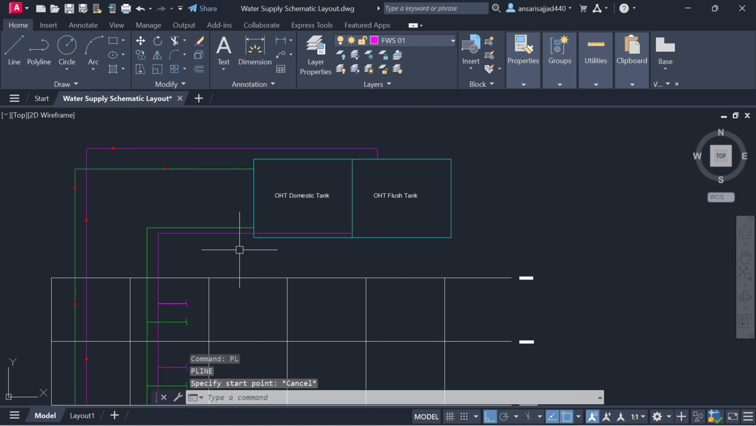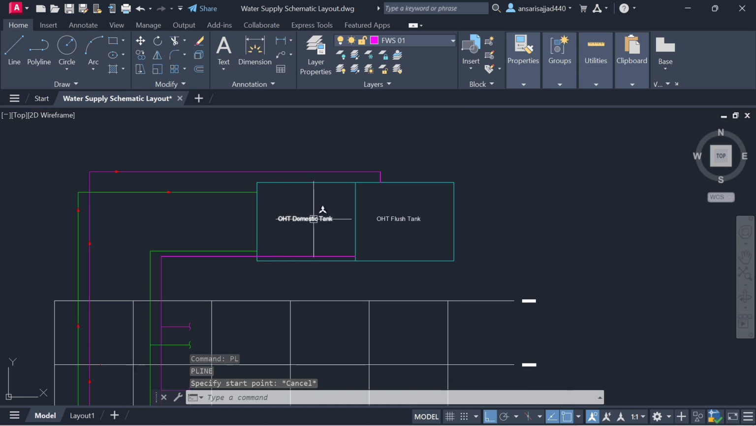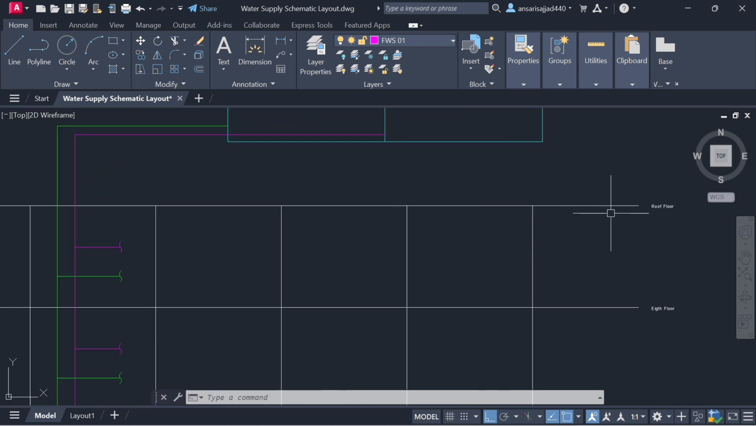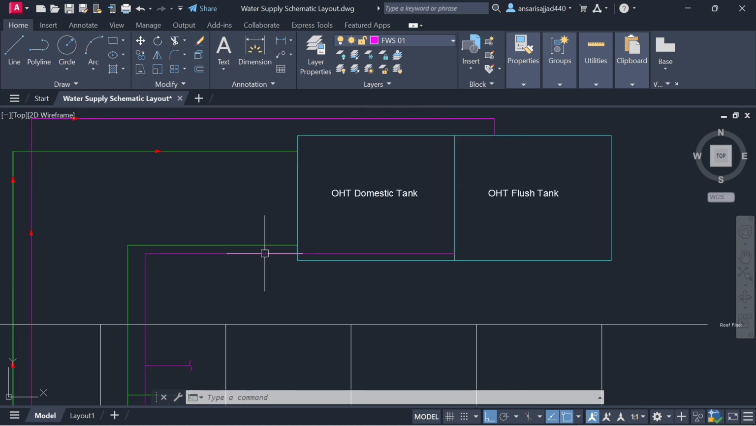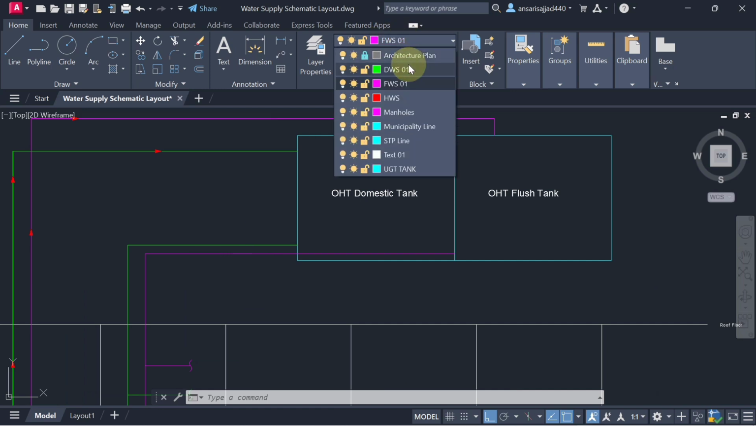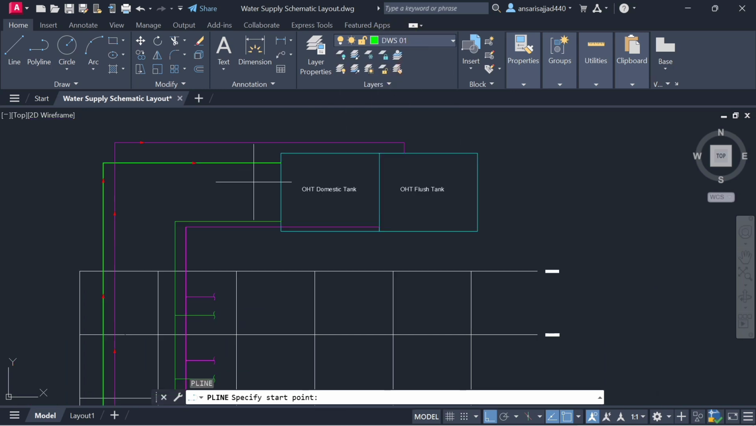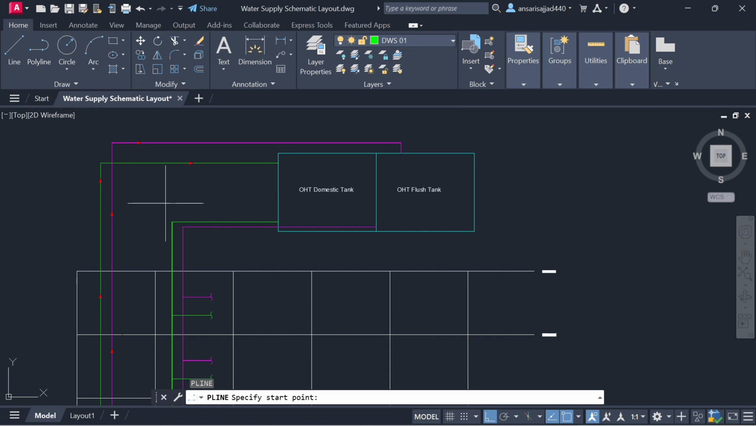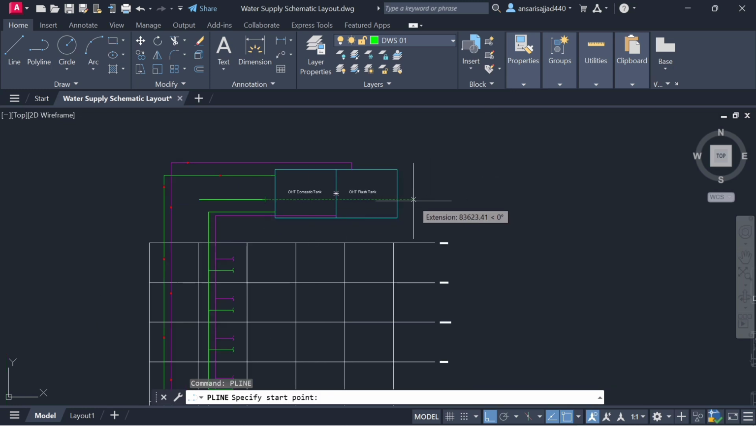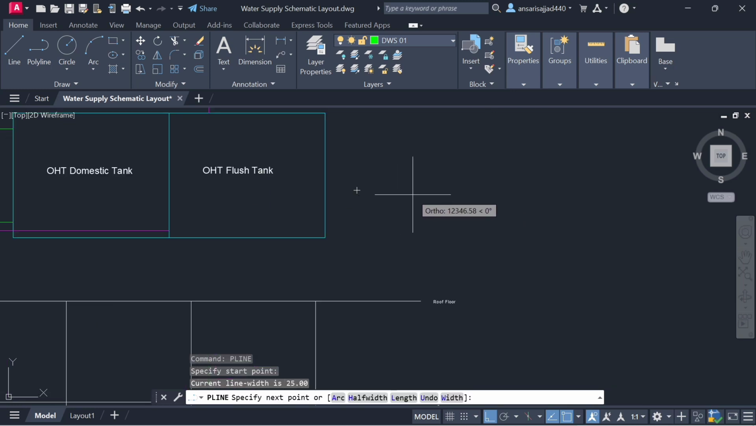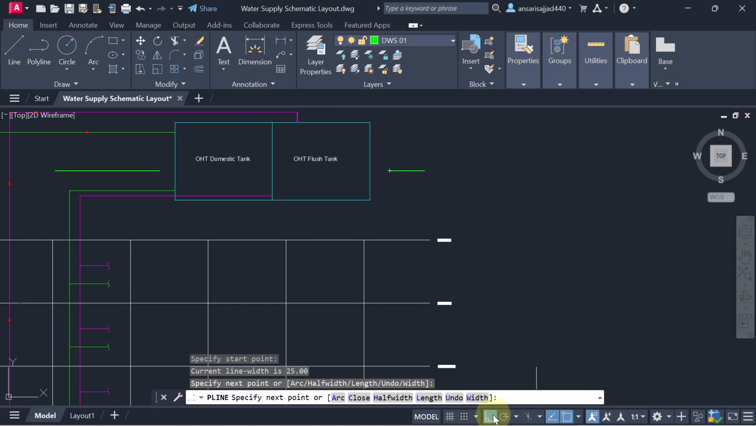Actually why we are creating the loop in the terrace floor, suppose if you are supplying water directly from the OHT, so maybe the pressure in the upper floor will be high. So to reduce that pressure level, actually we are just creating the loop here. See, I will show you, just use the polyline and see like this. Now come here, on your ortho mode,